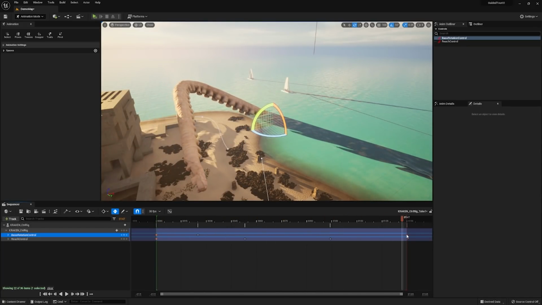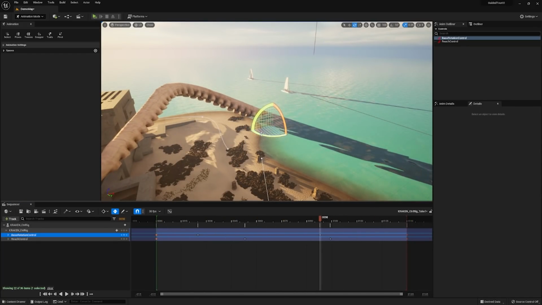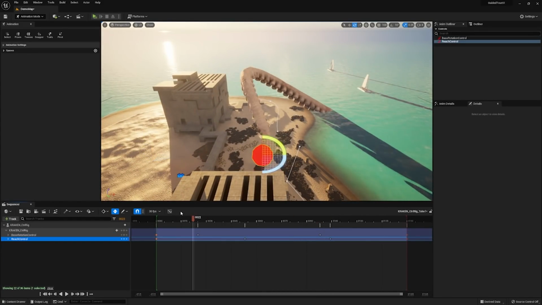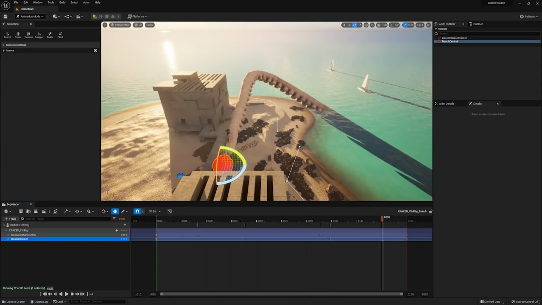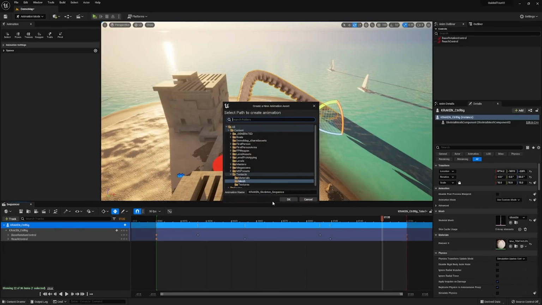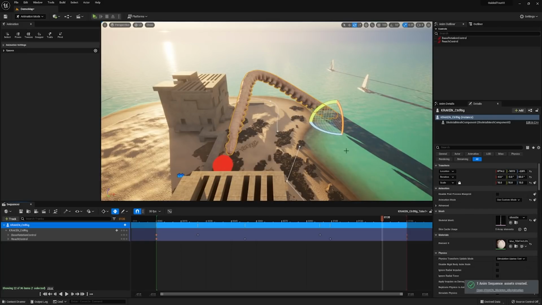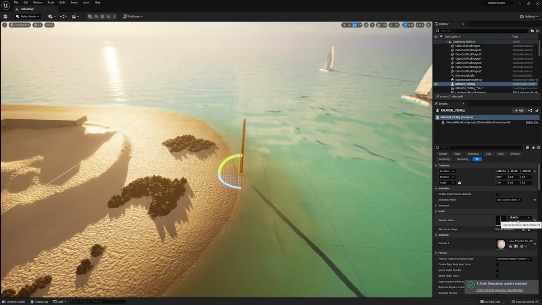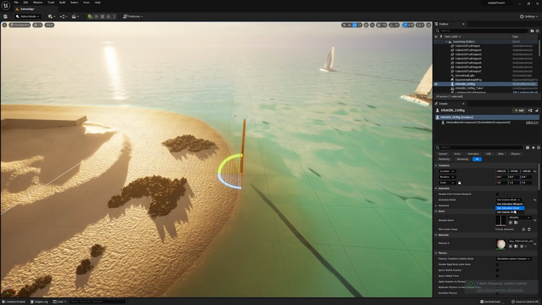And with this generally working, what we're going to do now is create a linked animation. So a cool thing here is that if you right click, you can actually go create linked animation sequence. And what this does is save out what you've just done as an animation that you can use in the conventional Unreal Engine pipeline. In my situation, I'm just going to save it out as an idle animation, and then I'm going to set the animation mode to be playing an animation.